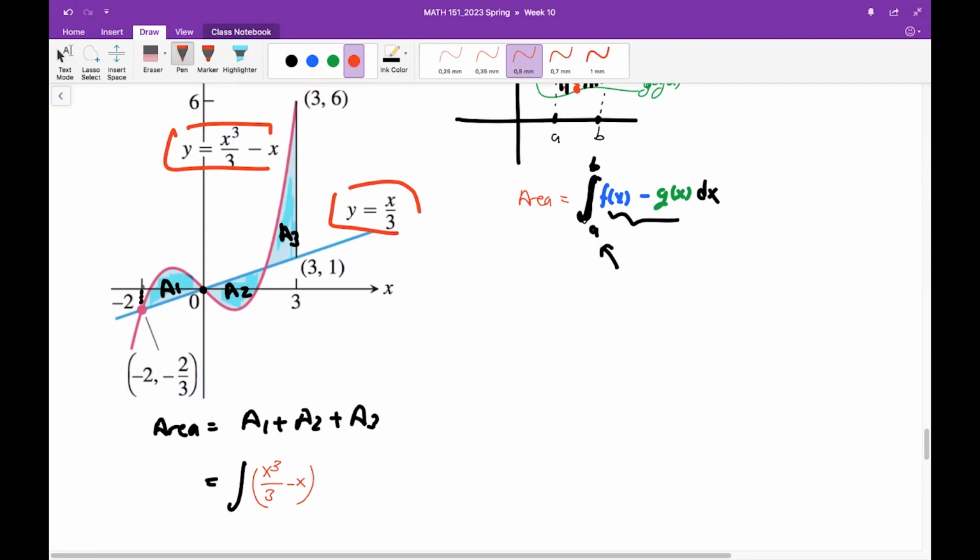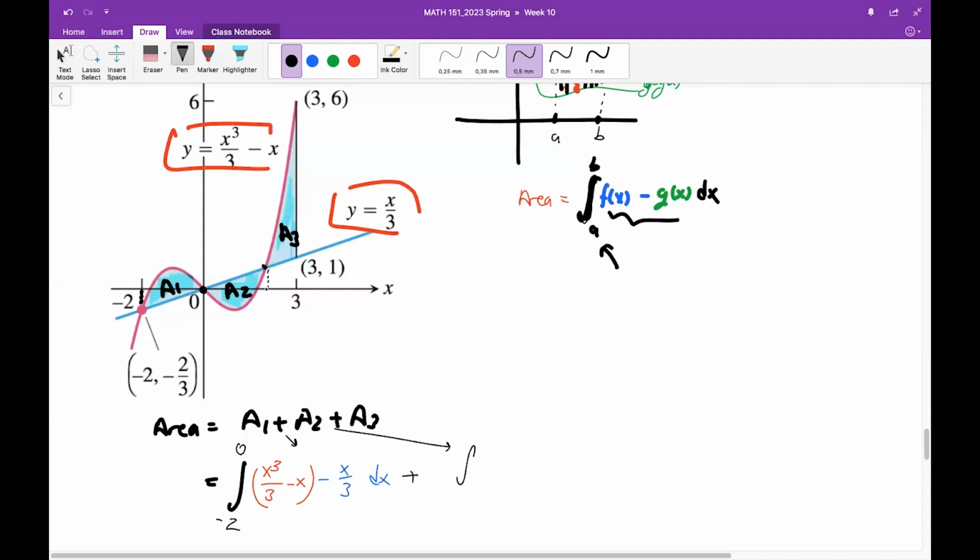This is the bigger curve over A1, minus the smaller curve, which is x over 3, dx, and the integral will be from -2 to 0, right? Plus, for A2,